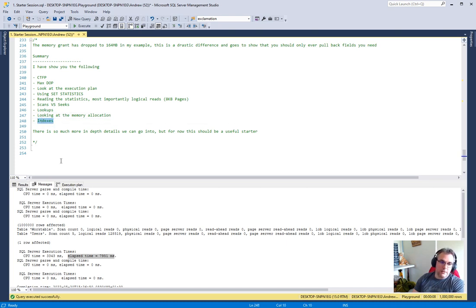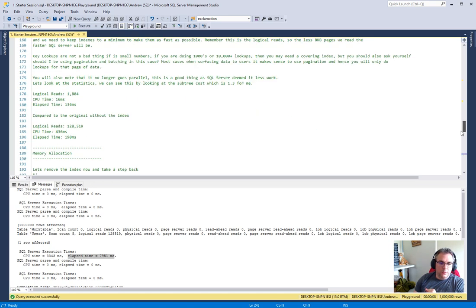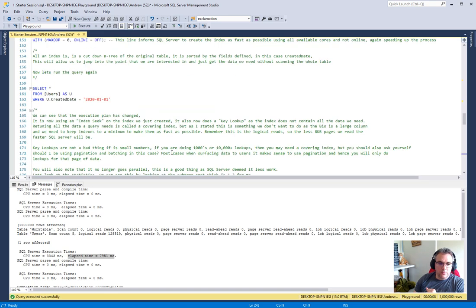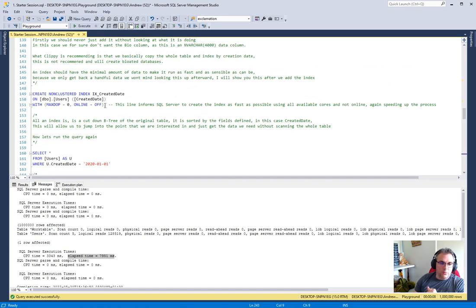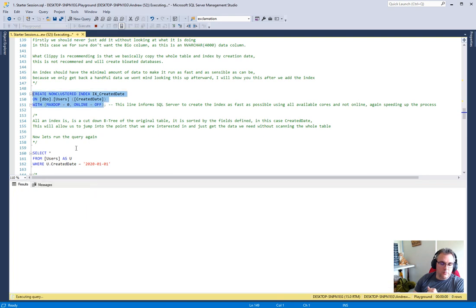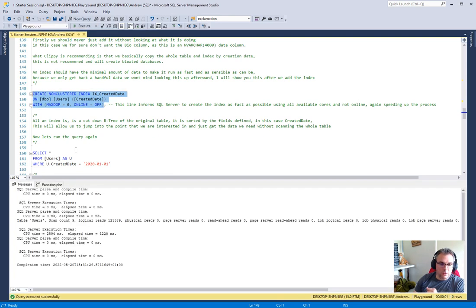And yes, I mentioned indexes as well. There's so much more in-depth detail we can go into, but for now I thought this would be a really useful starter. Get the groundwork in place and have a play with this SET STATISTICS. I know most of our queries are not going to be this simple, but it gives you good groundwork in investigating your current queries,